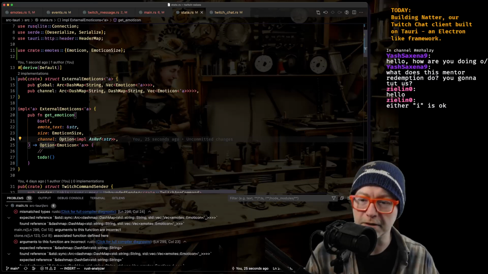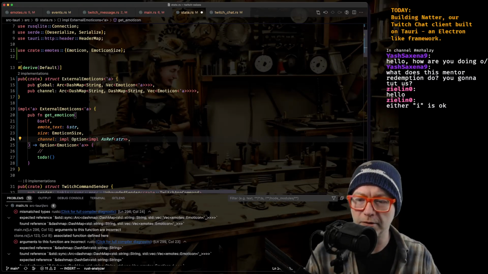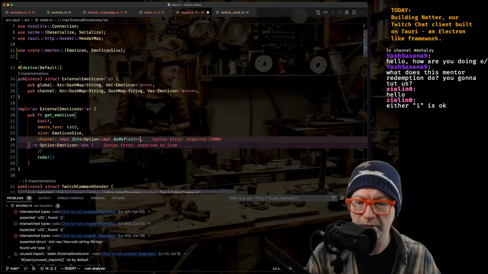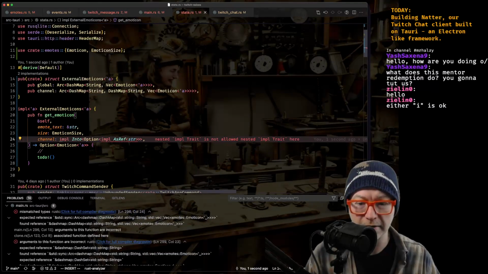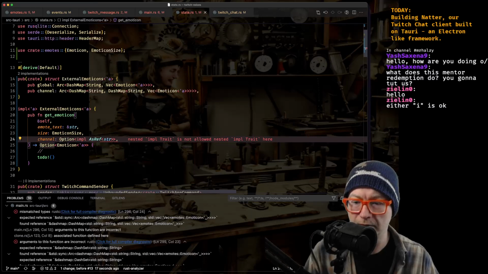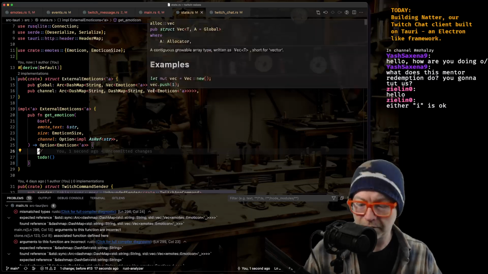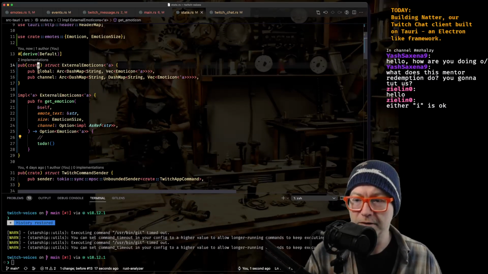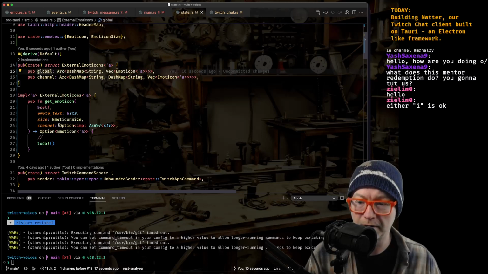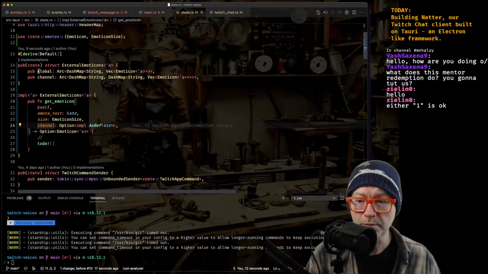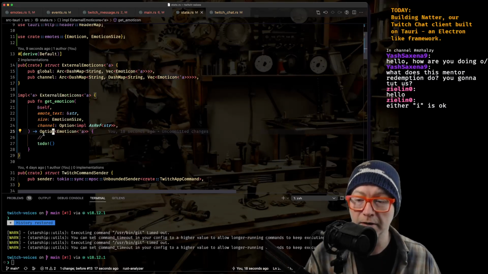Can we take this further and say, you know, this should take a simple into option as that? Yeah, I can't nest those. So we'd have to do this as a where clause. I think that's fine as it is. So what we are going to do here is create some code that will look up the channel in our internal maps and return a reference. Well, return an emoticon via a cheap copy.